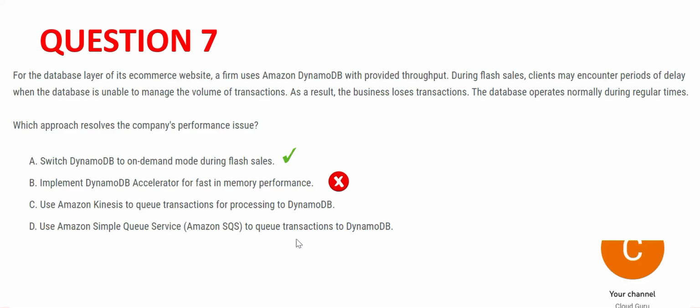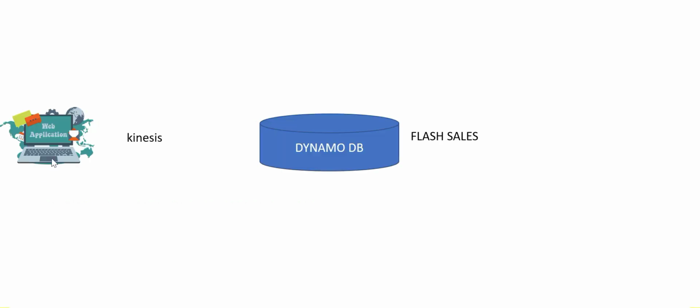Use Kinesis. See, if you have a web application and DynamoDB, then Kinesis sits in between. It will hold the transactions because, suppose DynamoDB can handle 50 transactions, and the number of users on the web application is very high. It has sent 100 transactions, so 50 will be processed by DynamoDB. It will be under process, and Kinesis will hold the remaining 50. But this will still not give the performance that is required, because though you will not lose those transactions, the end user will still have to wait until the DynamoDB has processed its data. Hence C is wrong.